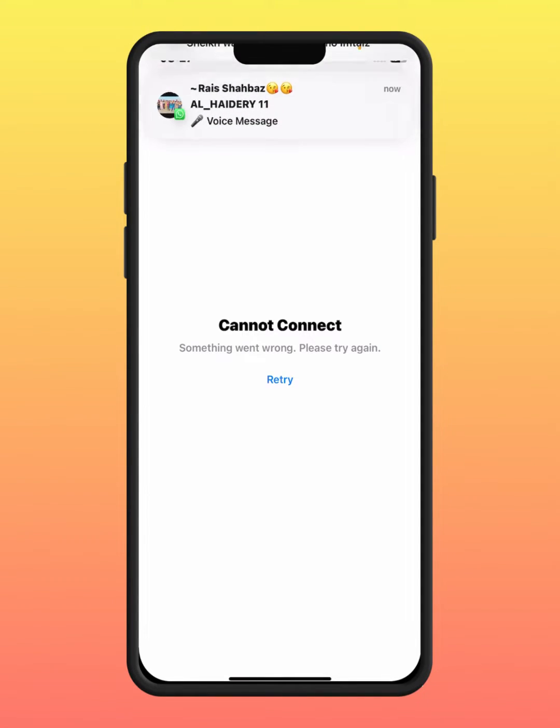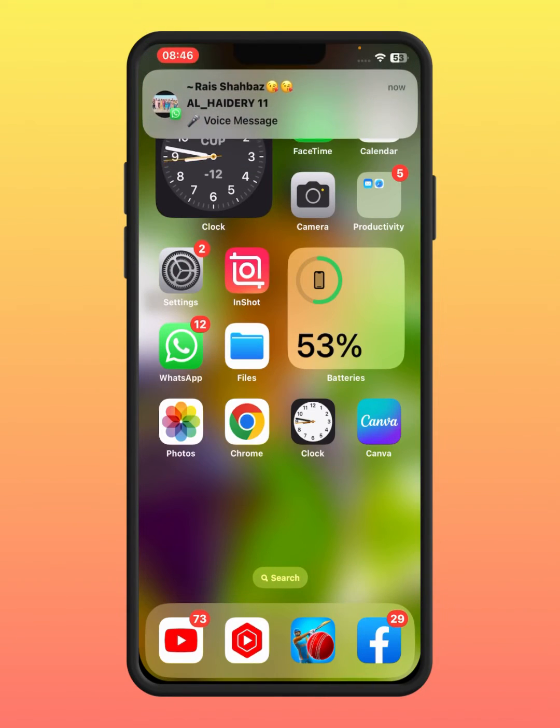In this video I'm going to show you how to fix this type of error: cannot connect to App Store, something went wrong, please try again. If you want to install an app and face this type of error on iPhone and iPad, how to fix it? First of all, go back to your home screen and open your iPhone or iPad settings,